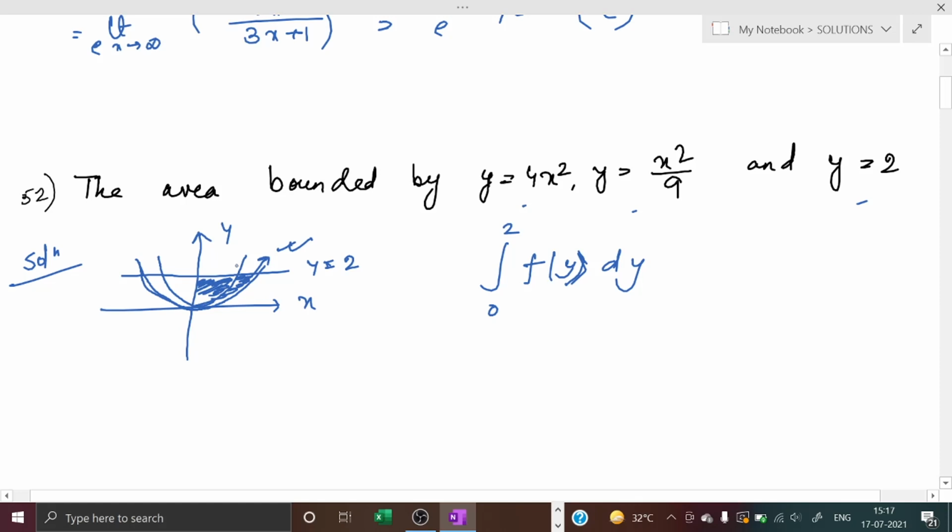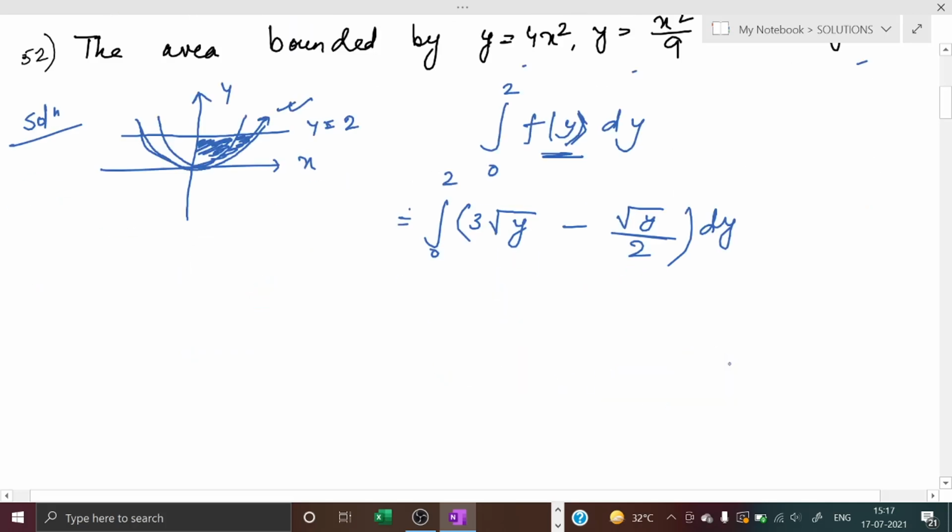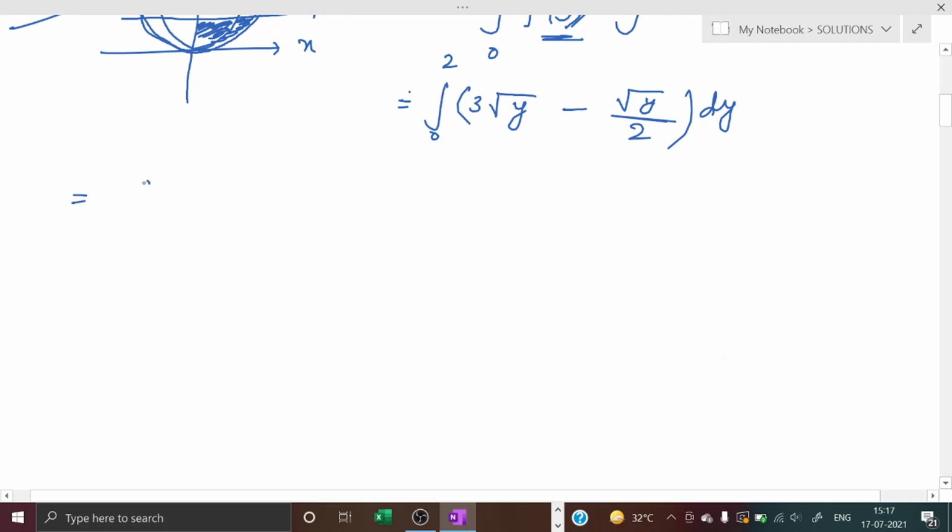So I will be doing the positive part, that will be 0 to 2, and the difference of these two graphs, I will take together. If you know all these things, right? Integral of f(y) dy, that is 3 under root y minus under root y by 2 dy, and that will be equal to the integral from y equals 0 to y equals 2, and this will be equal to